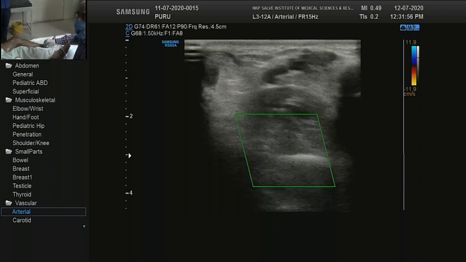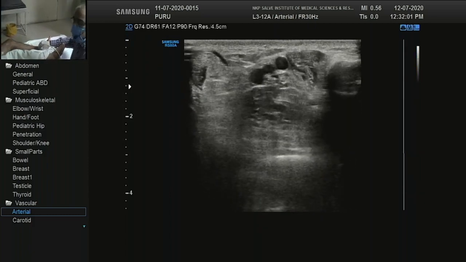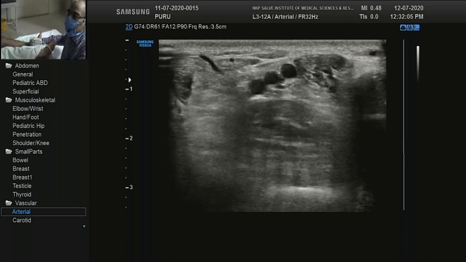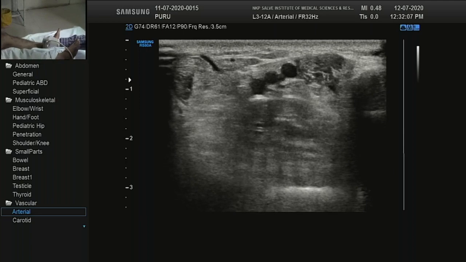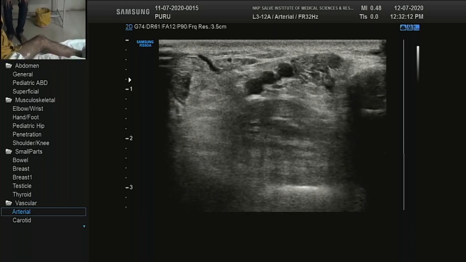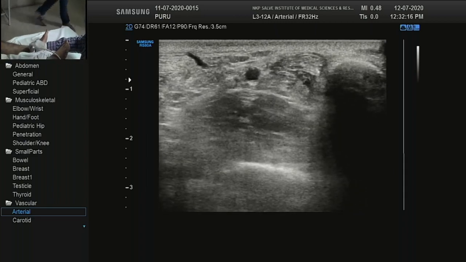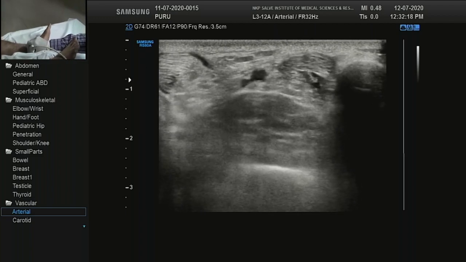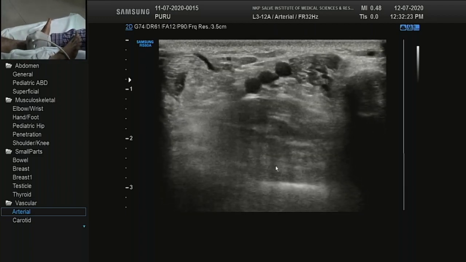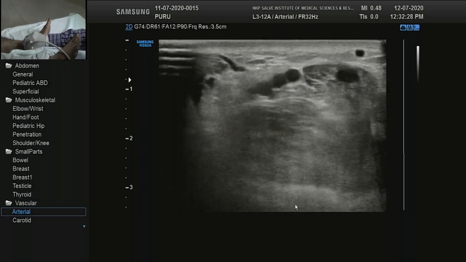What we will do here is, to start with, we can just keep the probe behind the medial malleolus, and this is a tridev. Tridev is seeing the three vessels, and we will just give compression and try to see what is there. So two are getting compressed, one is patent, that means the middle one is artery and two are the tibial pair, tibial veins. You can trace them.